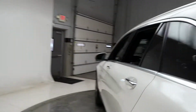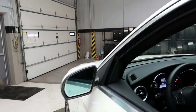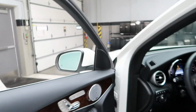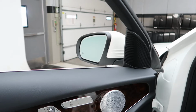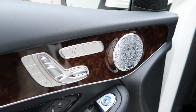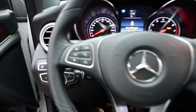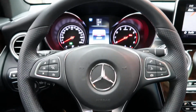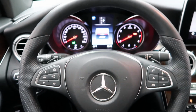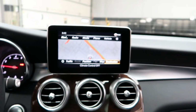This does come with the driver's assistance package with active blind spot assist, active lane assist, pre-safe, speed limit assist, Burmeister sound system, heated seats, memory seats, illuminated door sills, heated steering wheel controls with Bluetooth capabilities, paddle shifters for extra performance, push start ignition, burl walnut trim, multimedia package